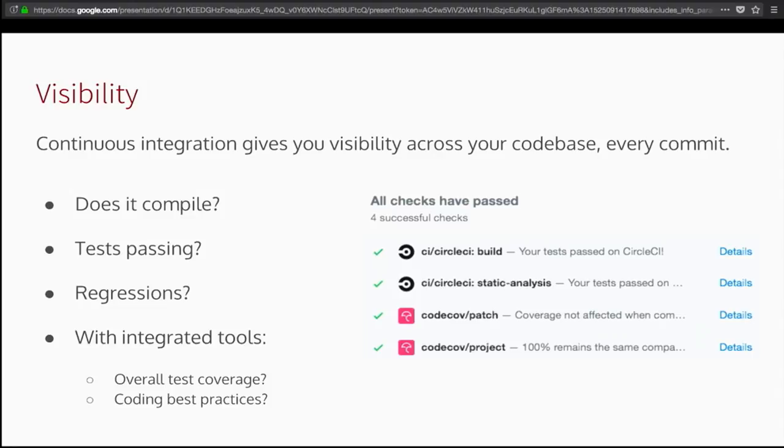surfaced to us immediately. You can see here, we're actually looking at GitHub, and we'll go back to this later. But one of the things that we get out of CI is an indication right away in our version control server that the code that we have committed as part of our team's history is good. We get a green check mark there letting us know that everything's fine with the code that we just committed. Additionally, if we add some more tools to our CI process, which we will later on in the presentation, we can get a look not just at yes, no, are the tests passing or are the tests failing, but also what our code coverage looks like and whether our code is following best development practices throughout.